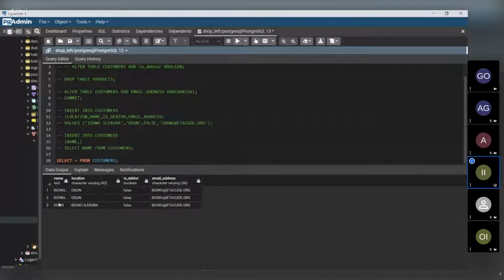The name is now Ogun, and the location is Idowu Lekuri, because you are specific. You have told Postgres that when you want to change the order, you can. So now you know that location is Idowu Lekuri and name is this, so you can follow the order. But if you don't specify this, take for instance, let me comment this